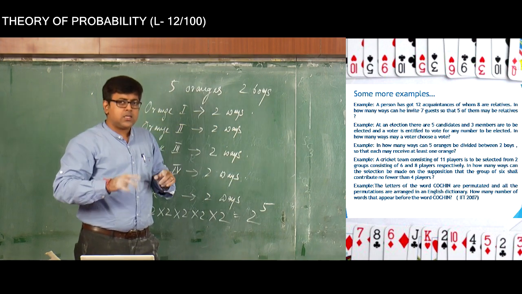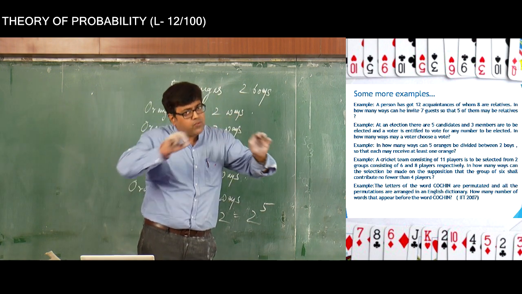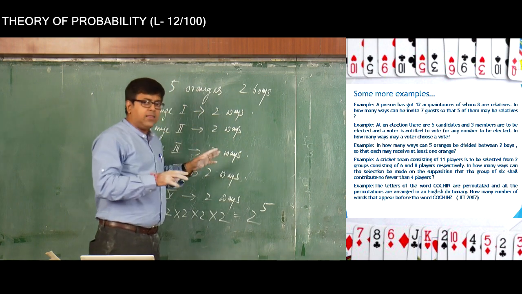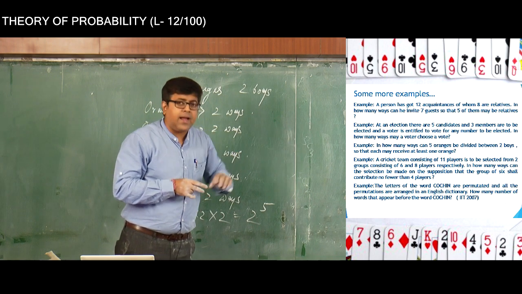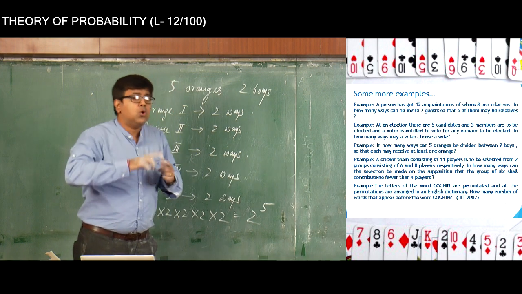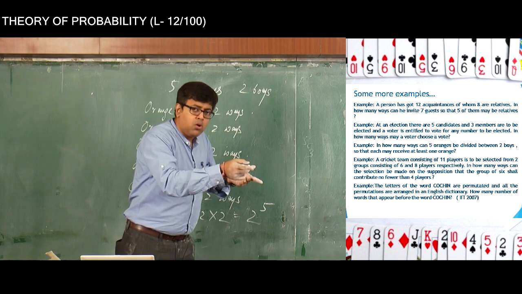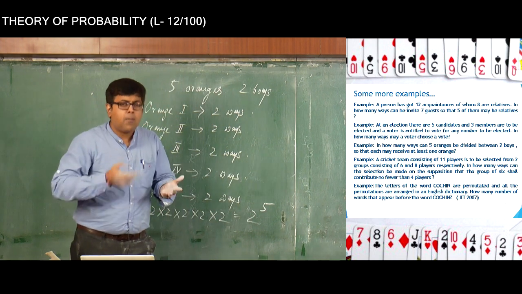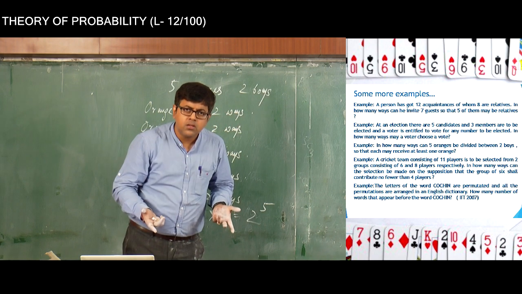The other case is you are giving all the 5 oranges to boy 1 and not giving any of the oranges to boy 2. So, there are 2 ways where you find that this statement is contradictory. That is, you are getting a situation where there exists a boy who is getting no oranges at all. So if I subtract those 2 from this 2 to the power 5, I will be left with the number of ways by which either of the 2 boys gets at least 1 orange,